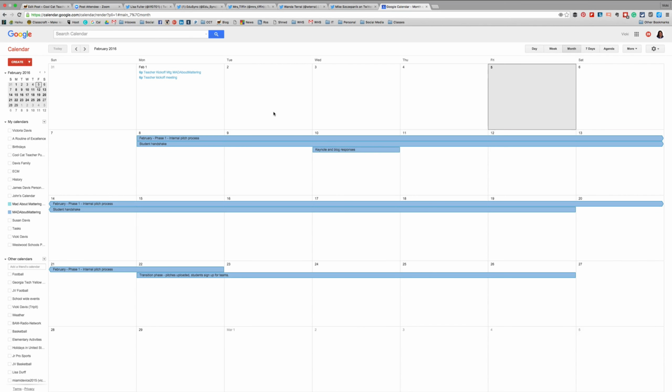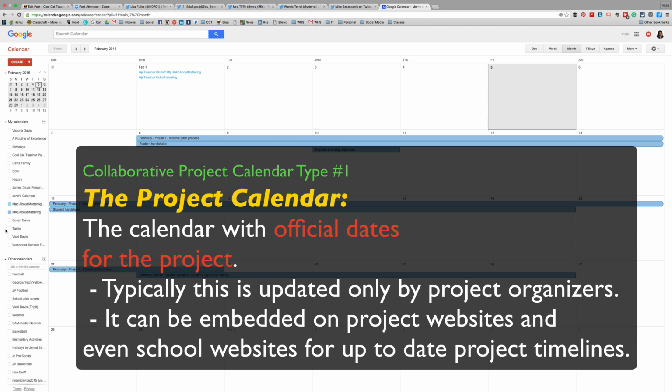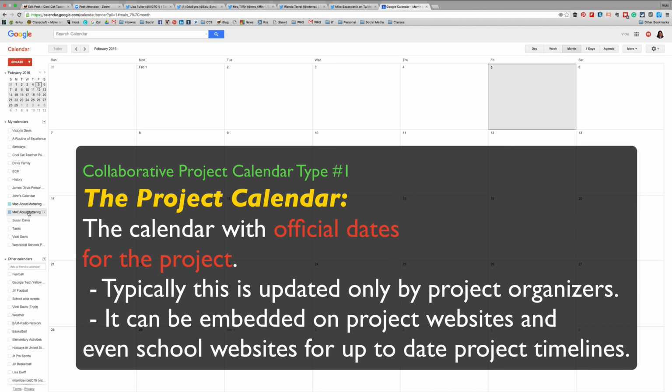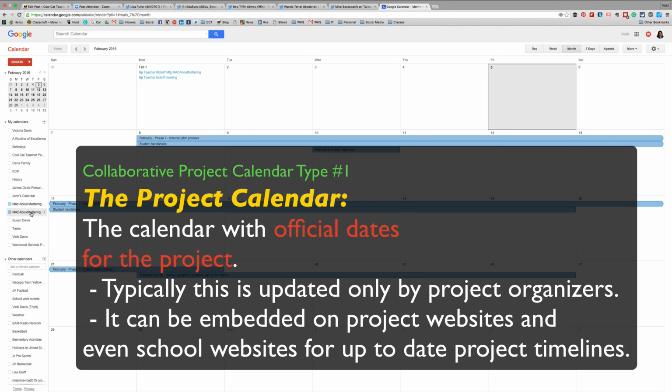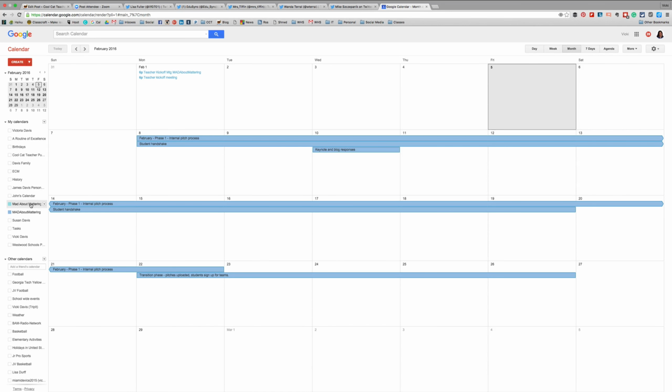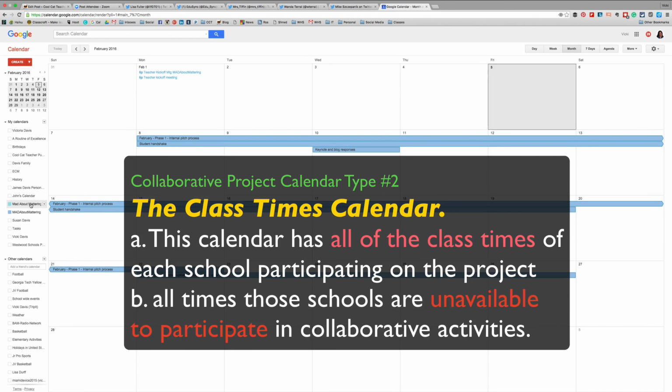So, as we coordinate projects, there are two types of calendars that you'll typically have. You will have a project calendar, which shows all the different things that have to do with the project. And then you'll have a class time calendar. Now, the class time calendar is for each class to put on the calendar the types of things that they will be doing. So, first of all, we'll actually put class times, and then secondly, any time that you'll be